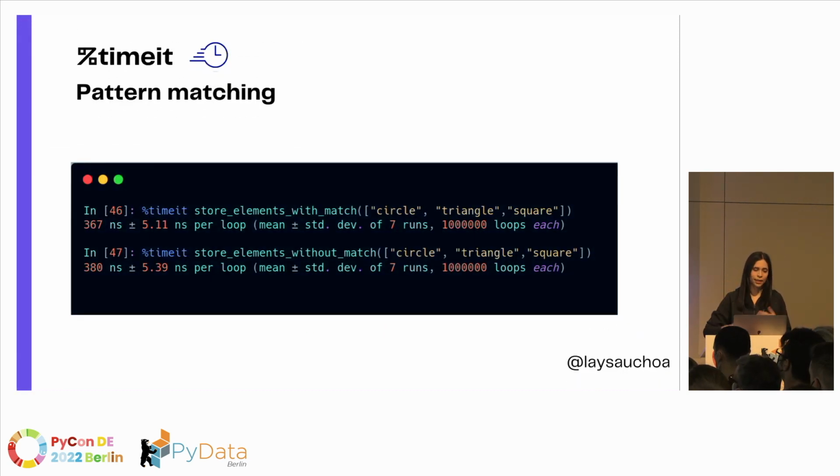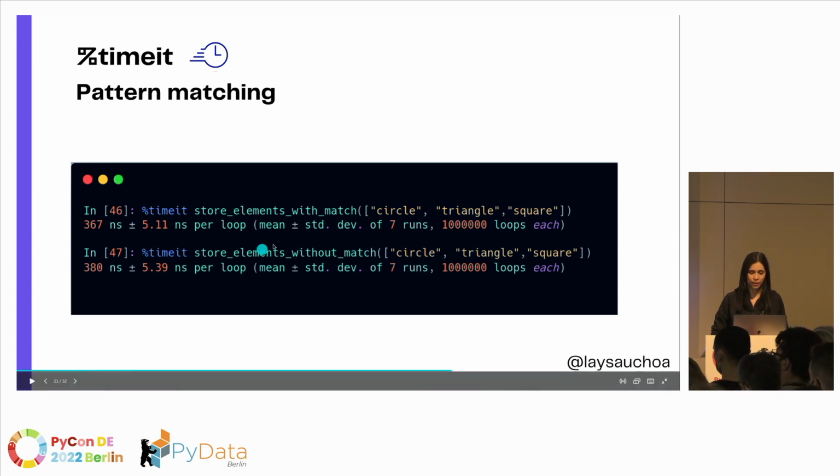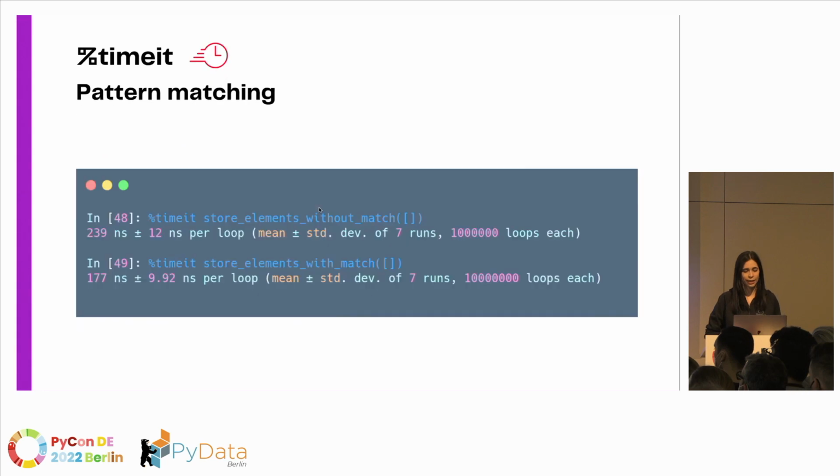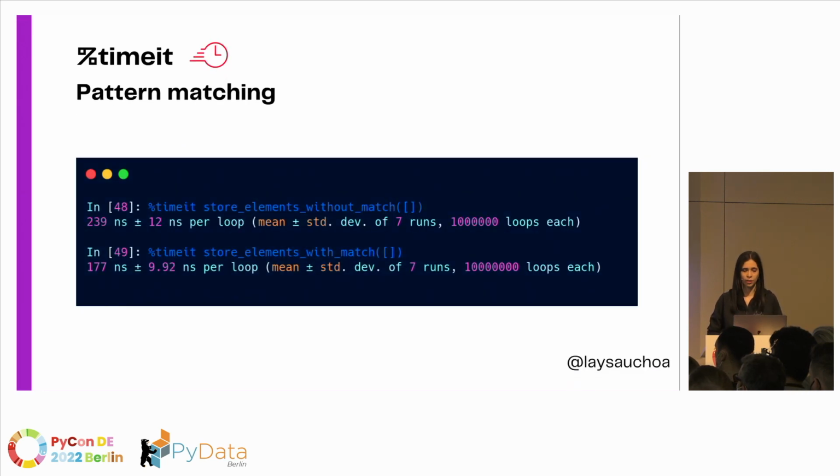I also ran some tests with timeit, so you can see how fast it runs with and without it. So this is with it, and this is without matching. I found it slightly faster with, but not something that I would say, okay, it's much faster. But I tried to use some exhaustive code, so I gave it a match that would not match anything and would go to the wildcard or to the else statement. And this I could see more difference. Without match versus with match, it was 2 times faster, a little bit like that. So it could be, I think, faster.